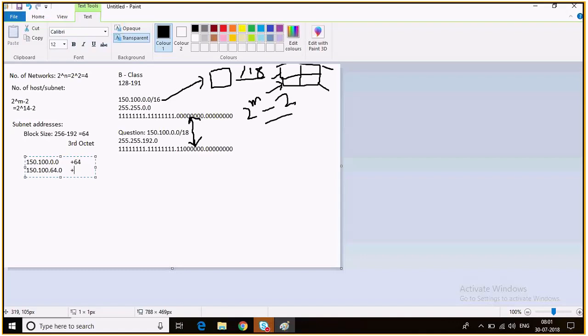That is the mistake you'll fall into if you try to do something fancy, or calculate it in some other way, or if you don't stick to the basics. Again, I'll add to the third octet, not the fourth octet. That is the difference between B class and C class. Then I have 128, right? And another network address is 150 dot